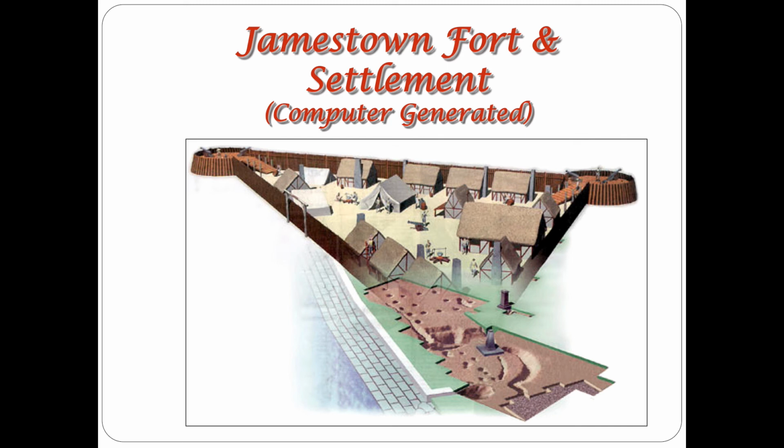And they build, as you see here, a fort. It's 144 men who come. And there's a reason why they're going to build this as a fort. The Spanish claim this area. So the Spanish are never going to be happy as the English are coming here, and they're always going to be looking for the right moment to attack them. It will never happen. The Spanish actually will never attack. But there are plans to attack.